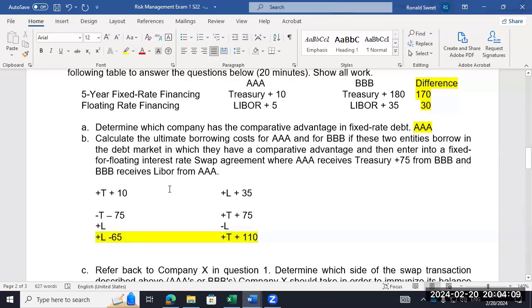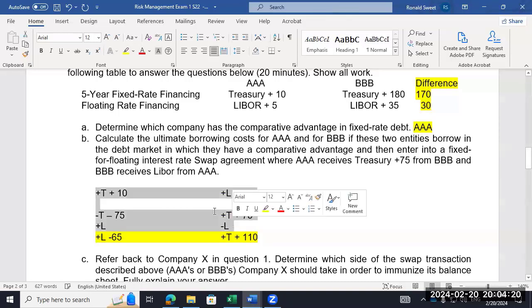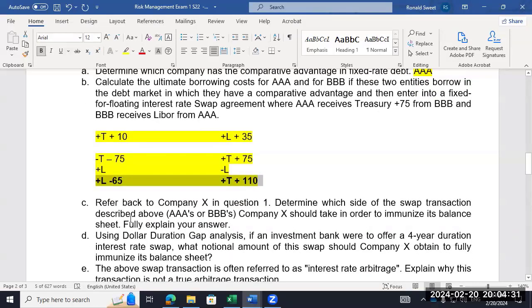All right, so that one you could actually do the math without a calculator. If you're pulling out a calculator for this one, you're probably doing something wrong. It shouldn't be really, really complicated math. All right, well, I'll highlight all of this, but the answer is this very last one. Would that math be sufficient, or do you want us to explain it in words? No, you just have to do this. I would write it exactly like this. You don't have to do the arrows and all that kind of stuff. That's all I need.